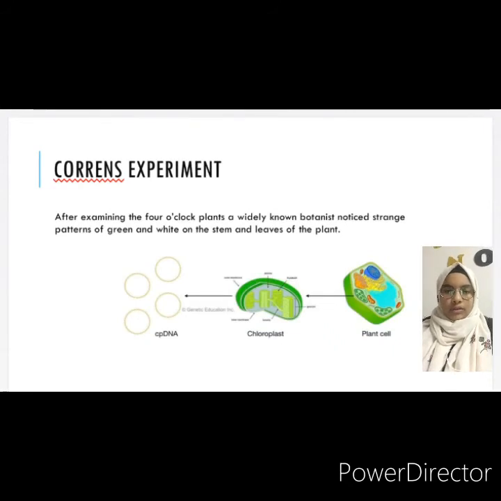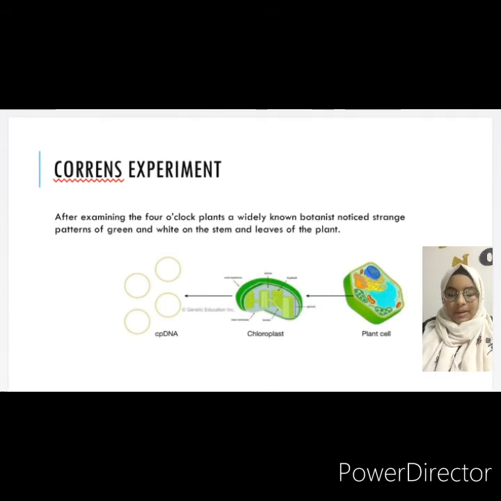Now moving on to the chloroplast inheritance. After the Mendelian laws had been widely accepted, a well-known botanist, after examining the four o'clock plant, noticed strange patterns on the stem and leaves of the plant. Instead of being green, the stem and leaves sometimes showed patches of white and green in a swirl-like pattern. This strange phenotype